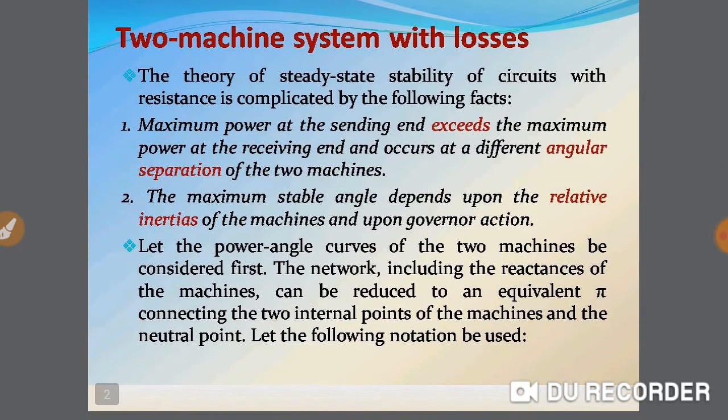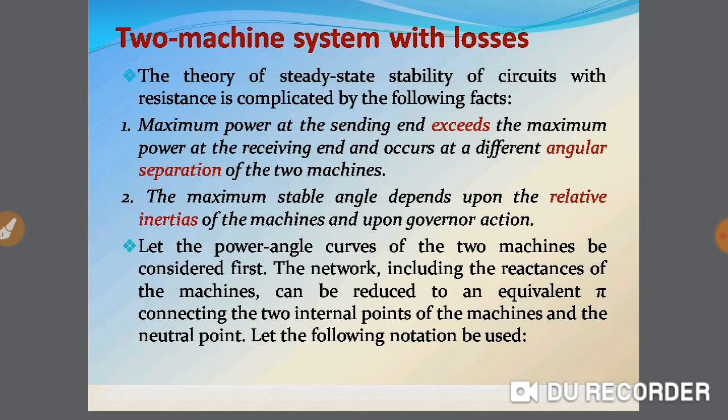So, as we know, the theory of steady state stability of circuits with resistances is complicated because of the following facts. First, it is always true that the maximum power at the sending end exceeds the maximum power at the receiving end, and also occurs at a different angular separation of the two machine systems. Secondly, the maximum stable angle also depends upon the relative inertia of the machines, which is set by the governor